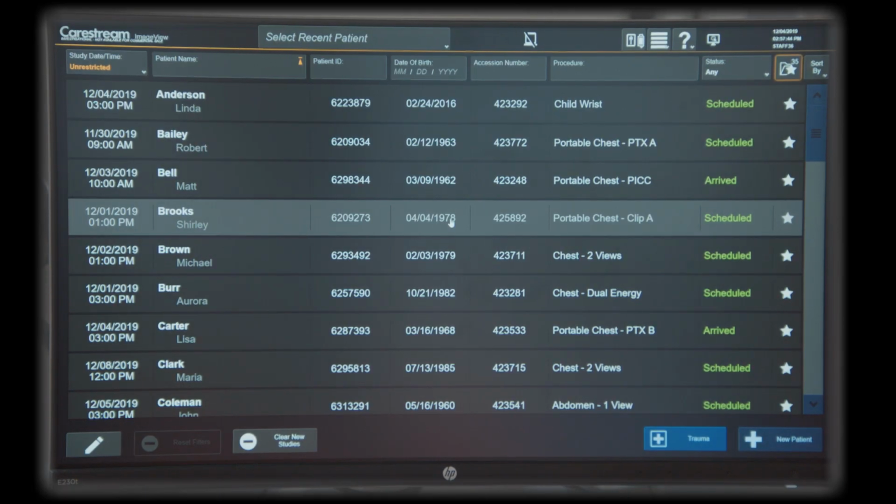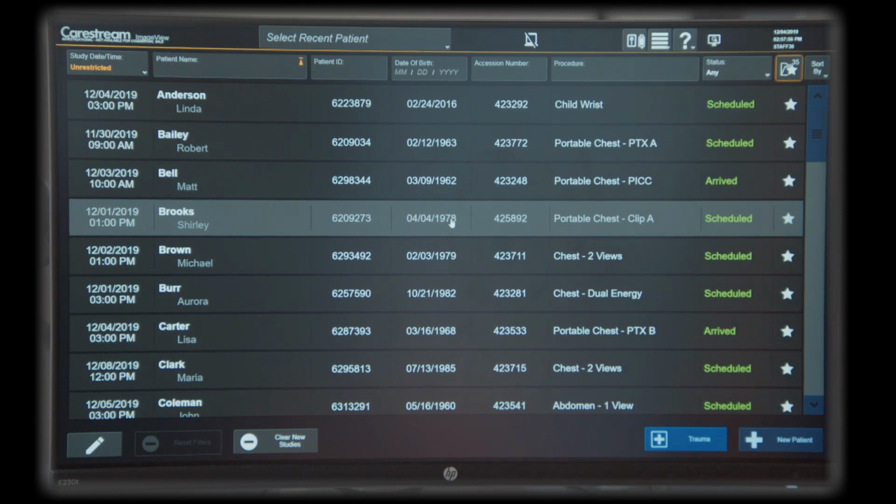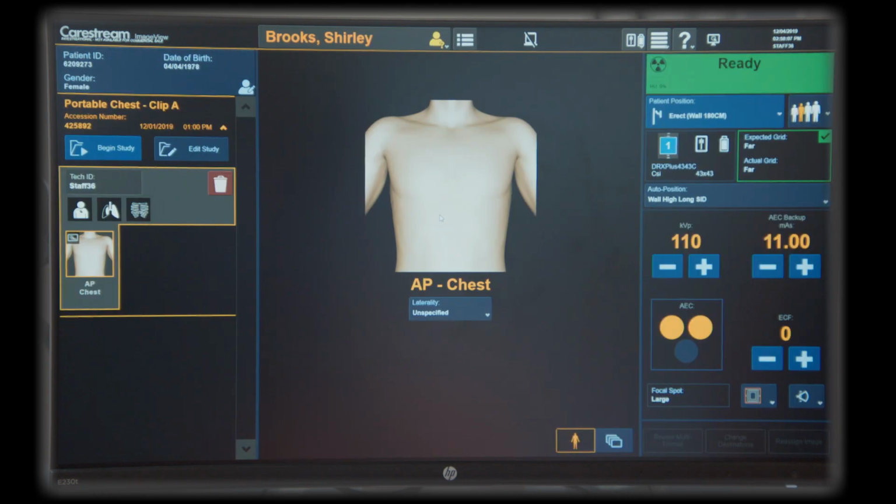Okay. So once you log into the system, you're automatically presented with a modality work list. This was automatically queried from the information system, which eliminates the need to manually type in patient and procedure information. So the system is also driven by a mouse or a touchscreen to provide the most efficient workflow for your needs. So I'll pick a particular study here to load, and this brings us to our single screen workflow, which